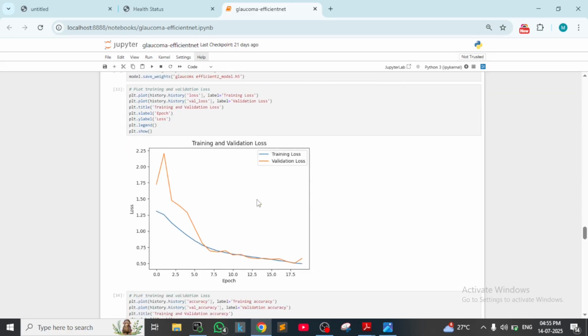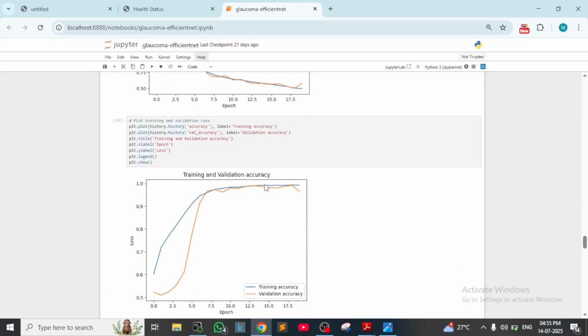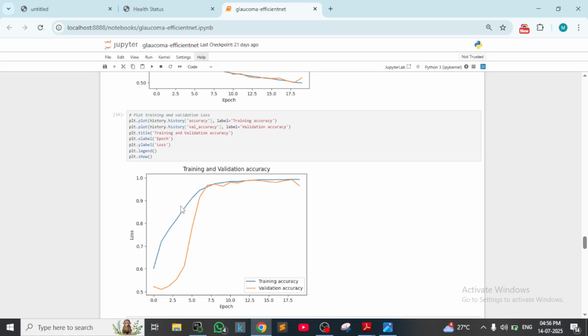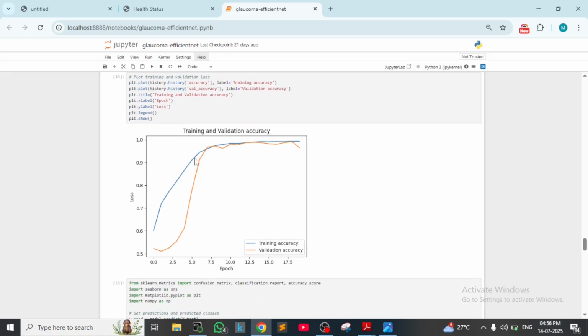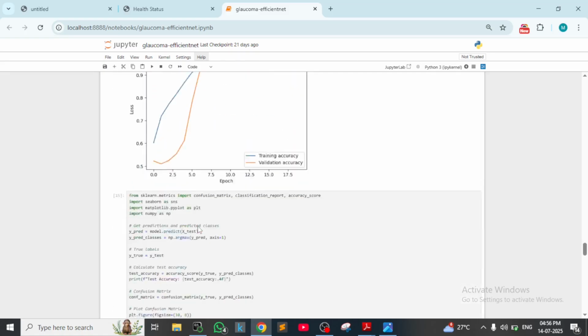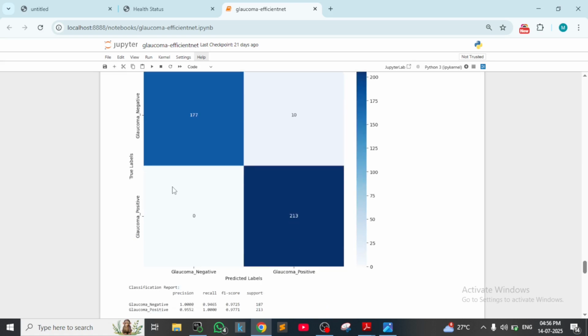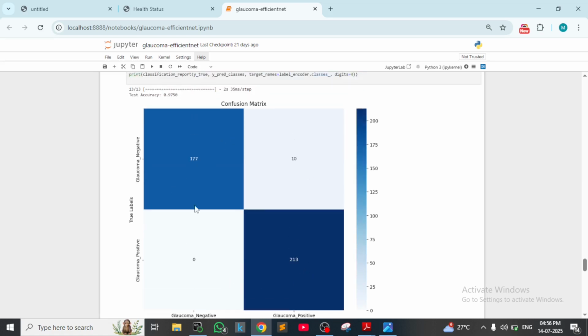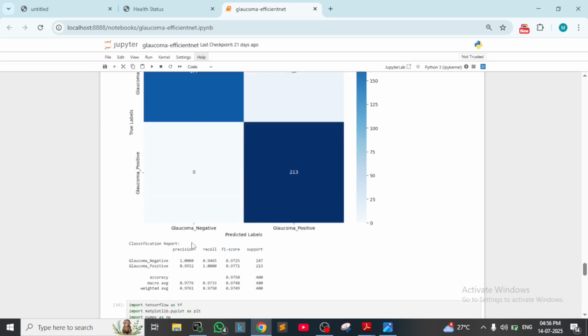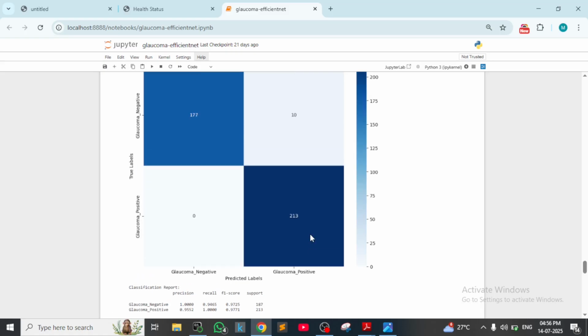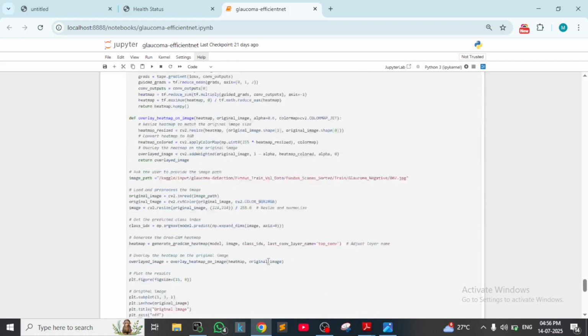Then after that we are showing you the training and validation loss versus epochs graph, and also the training and validation accuracy graph. See this, both are different graphs. Okay, then we showed the test accuracy of 0.9750. This is the confusion matrix for this model. This is glaucoma negative, glaucoma positive. Okay, after that,